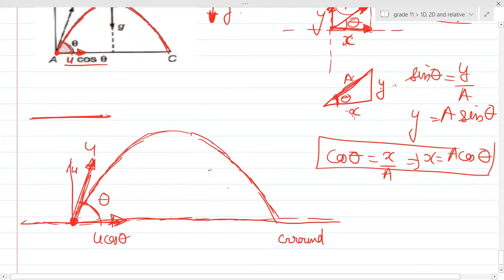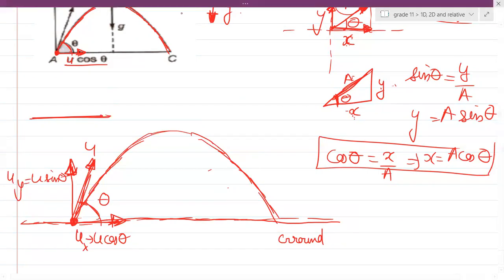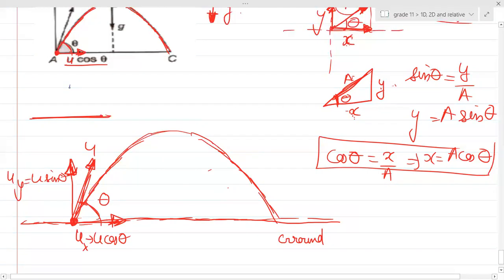And this will be u sin theta. So can you see the x component of velocity, the y component of velocity? What is x and y over here? I can draw a Cartesian plane like this. Can you see x and y coordinate axis? This is your x and this is your y, right? Yes or no, guys? Can you see along the vertical, along the horizontal, I can break this motion.